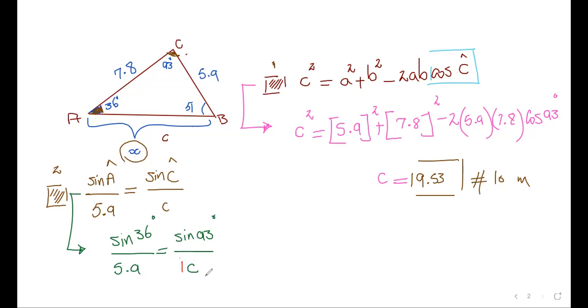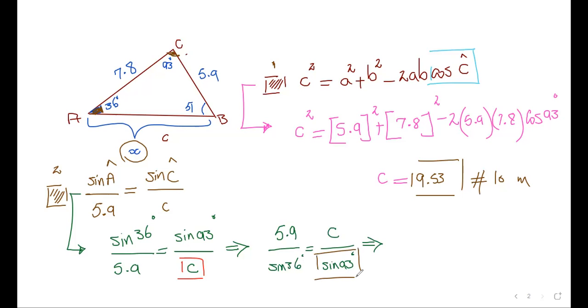Now, when we are looking for the C, remember the example of the frying pan when you're making scrambled eggs. You suddenly turn it upside down and everything goes back. I'm going to do this one because I'm looking for the C, which is at the denominator. I bring everything up. Then I have 5.9 over sine 36 equals C, which I'm looking for, over sine 93 degrees. Then you see that if you multiply both sides by sine 93 degrees,